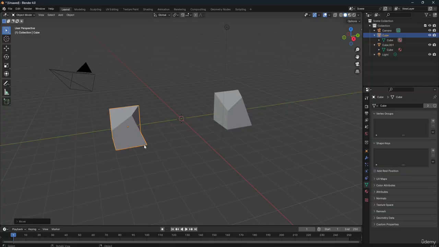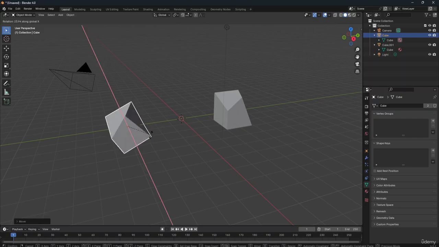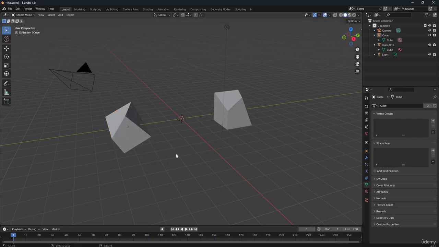And now if you want to give this thing a rotation, click on R, and you can just give it a rotation on the x-axis. So come here, click on X, and here you can just give it a rotation. Okay, so once you're done with this particular part, the next thing you will do over here is,